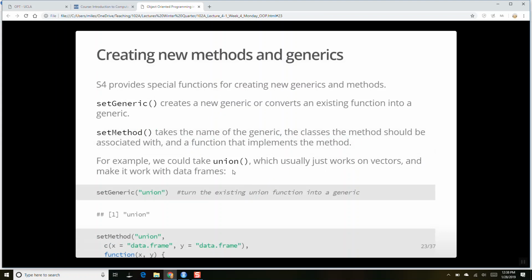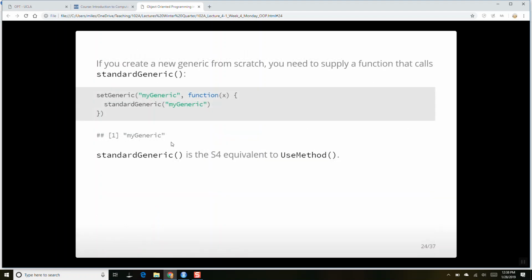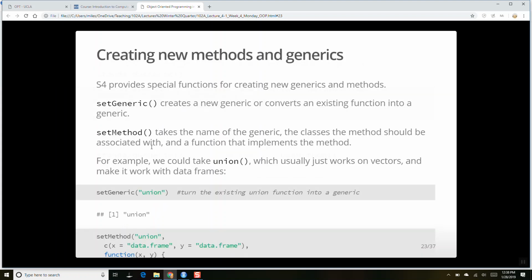Okay, there are ways to create methods in S4, right? Because it's still a generic function that behaves differently based on the object you give it. And so instead of use method, you use set generic, and it works this way, okay? I'm sorry, not set generic, standard generic.